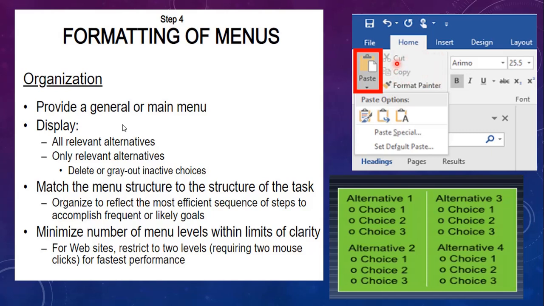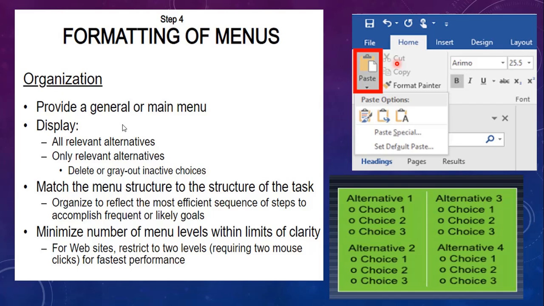Some users may think that eliminating the inactive alternatives is the best option because it helps in faster access time. But in later studies, the researchers concluded that eliminating the inactive choices may lead to a problem also.